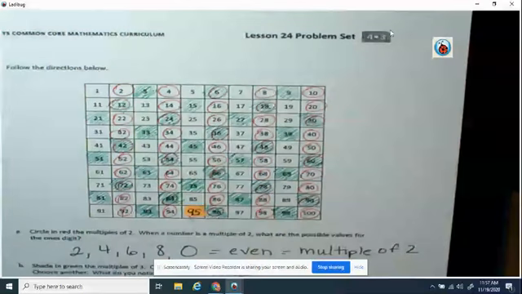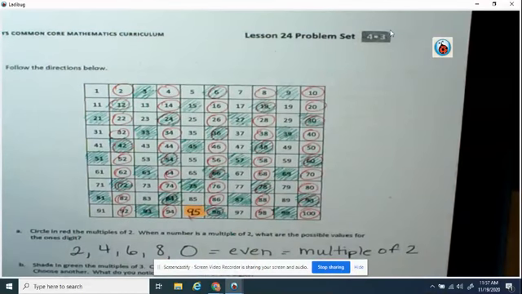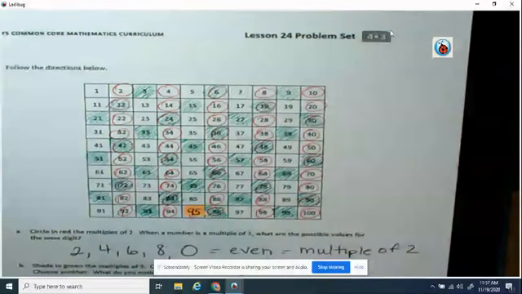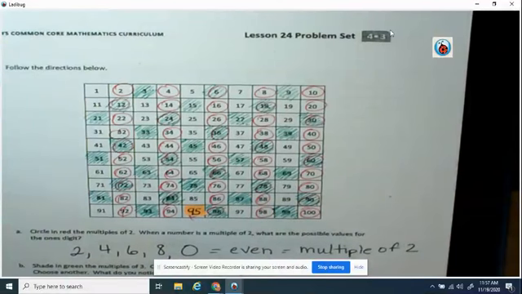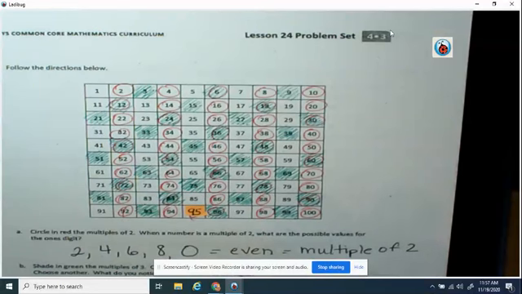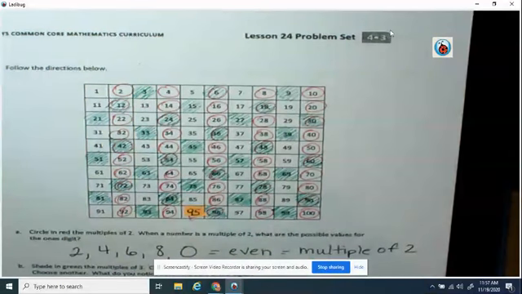If I add up the 3 multiples, I get a number divisible by 3, always. So let's just try